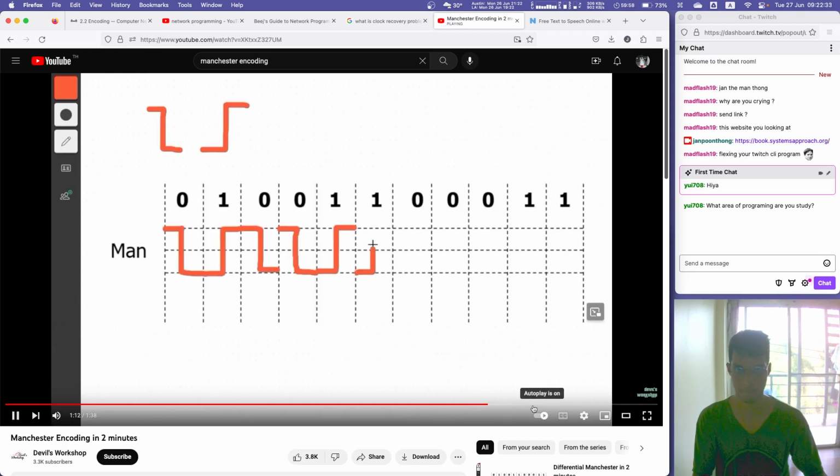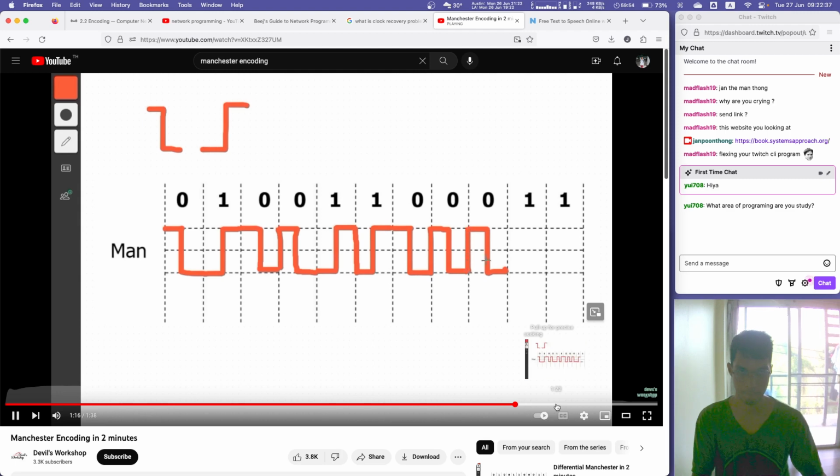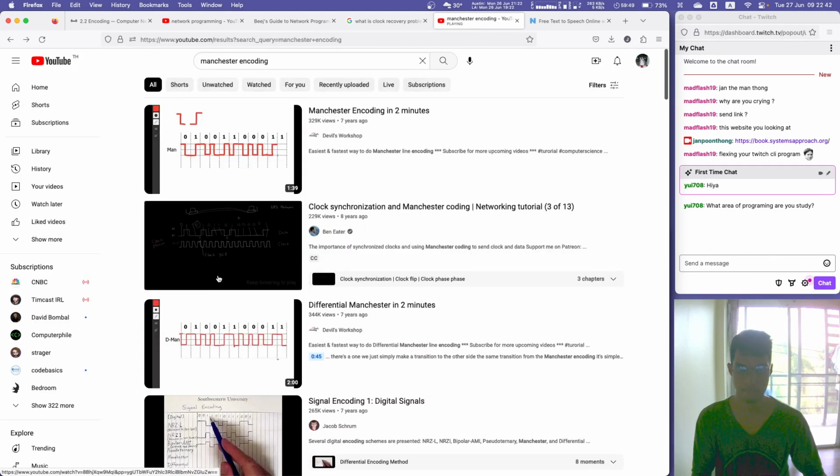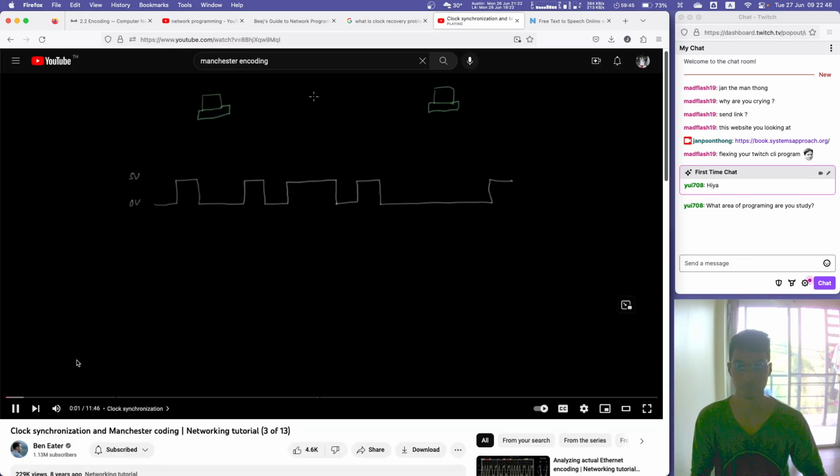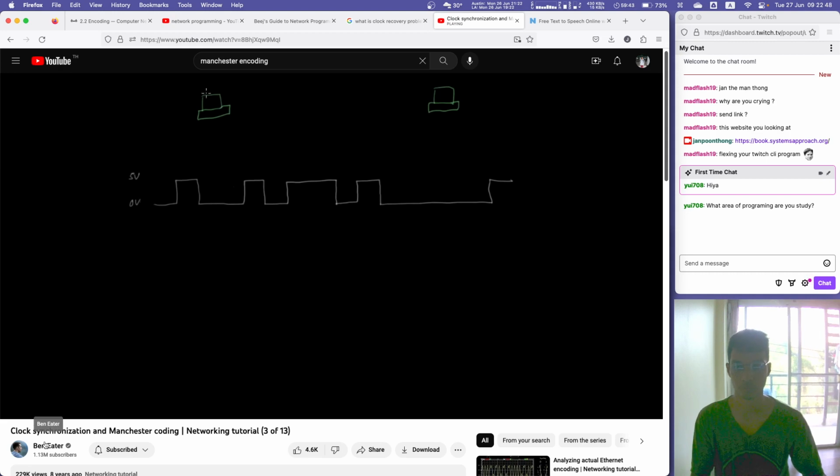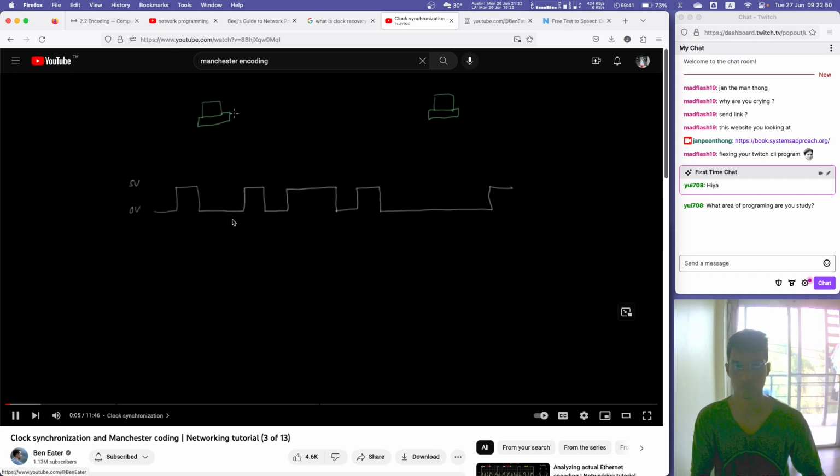So 0, so go down and then connect them. 1 to do. So let's say we have two computers here, and we want to send some data from one computer to the other. So if we